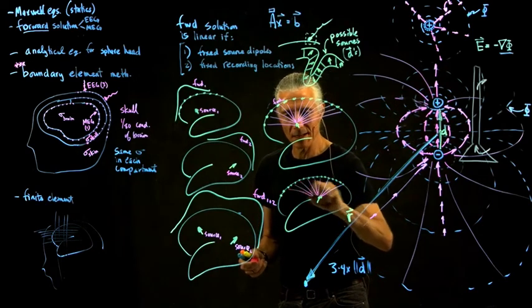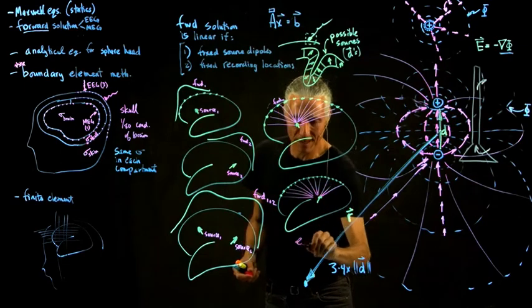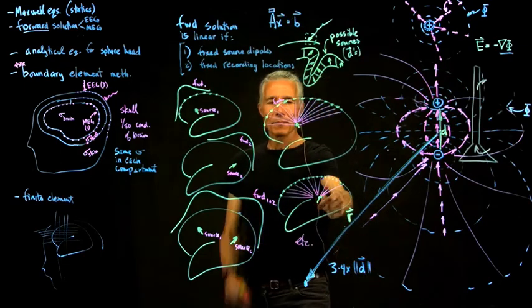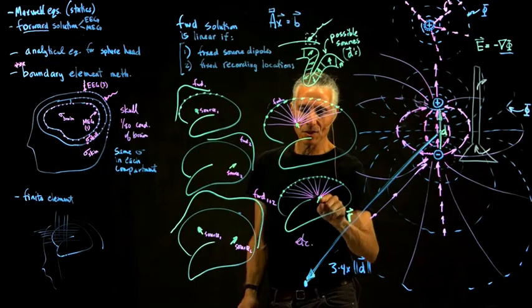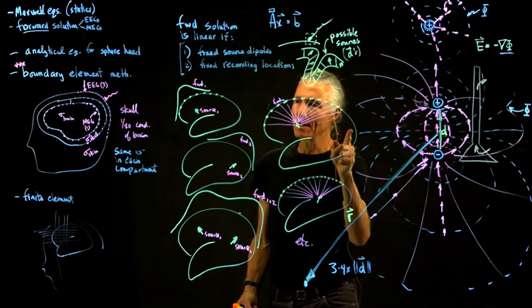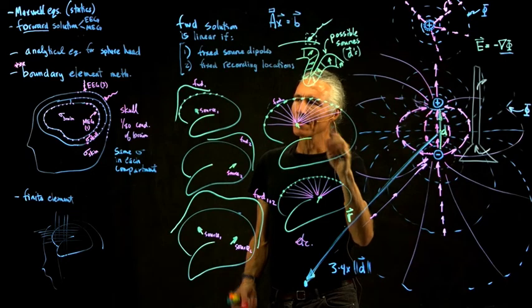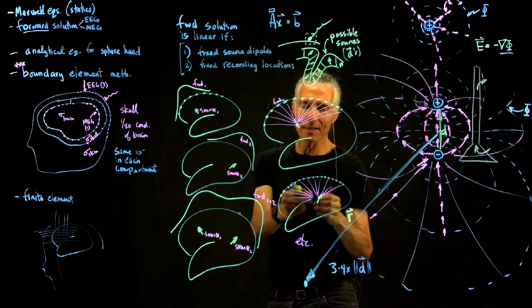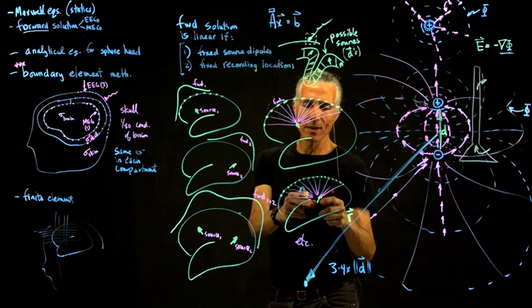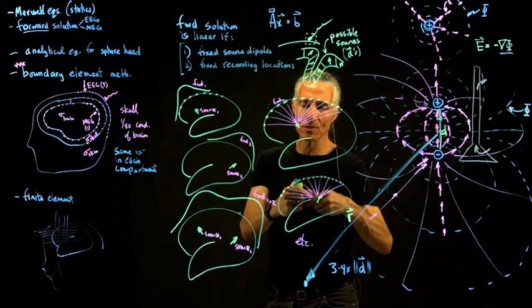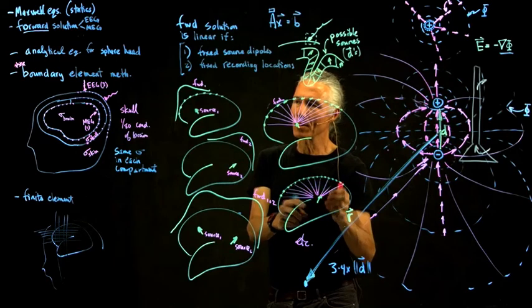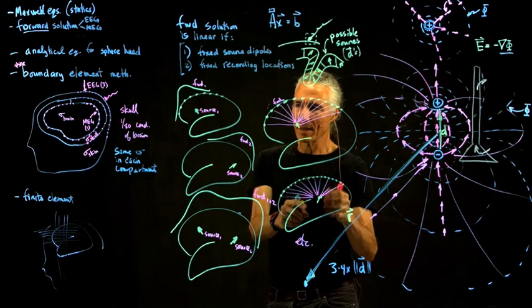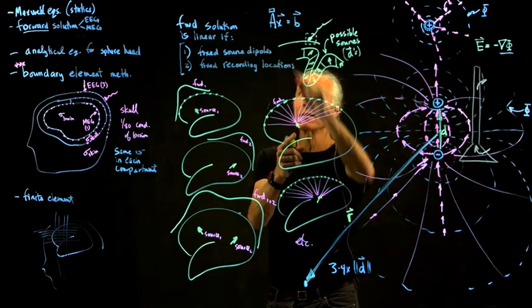Once we've done this for all the different sources, we just have a giant table that says how each single source relates to all the sensors, and then we're done. Then we can predict any possible combination of turning on sources at different amounts. For any arbitrary distribution of sources, we can calculate with our linear forward solution